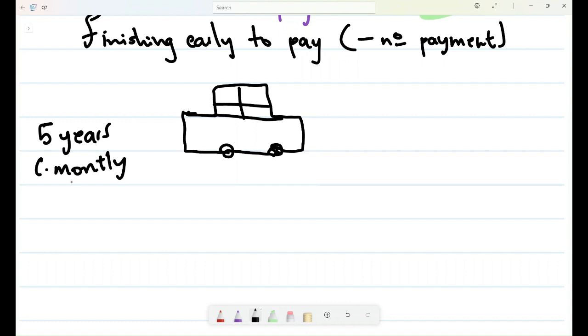How many payments are you supposed to do? The number of payments is going to be 5 multiplied by the months that you're supposed to pay, which is 60. Let's say you start wanting to buy this car, and you go to the